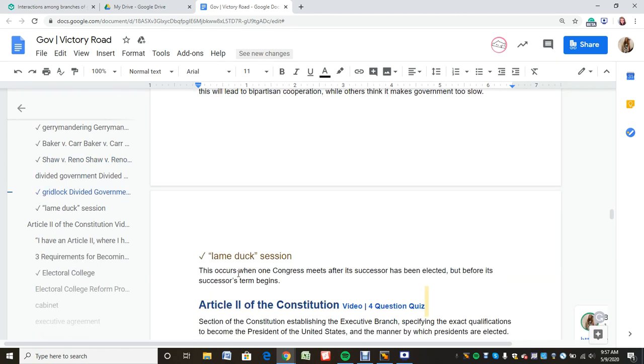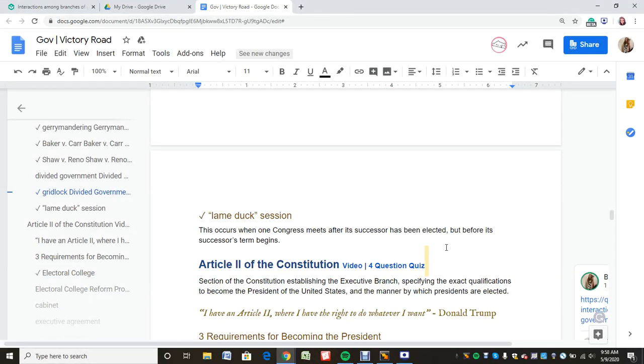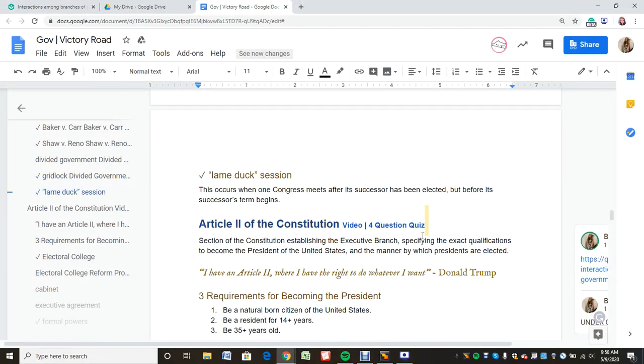And you're going to see this lame duck session with the president too. This is just kind of the period between one Congress session and another. So, one Congress is just kind of chilling until the next already elected Congress comes in. So, nothing really gets done here, and you'll see this in the presidency too. So, that took you the whole way through Article 1 of our Constitution. Okay, so in a separate video, I'm going to get into Article 2 so that you can start to understand the executive branch a little bit more.